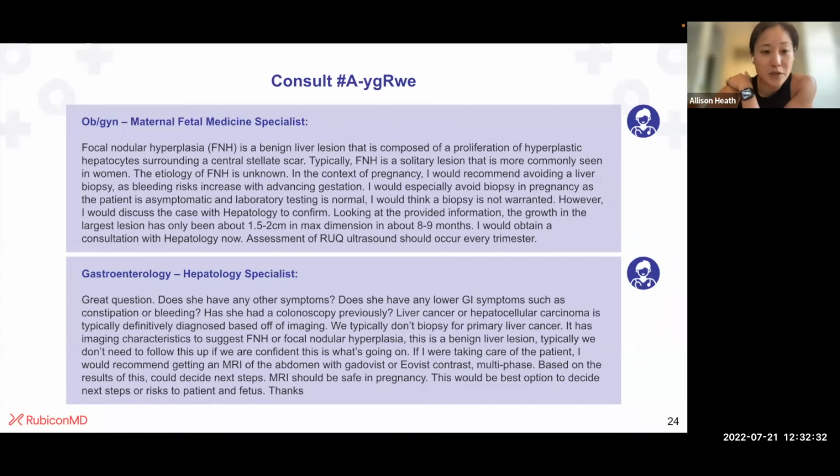And so this specialist here responded essentially saying this FNH finding on her liver imaging is essentially a benign liver lesion, and said that in the context of pregnancy, she would recommend avoiding a liver biopsy because the bleeding risks increase with advancing gestation. And especially because the patient is asymptomatic and her laboratory testing is negative, she would not want to proceed with a biopsy. And then she suggests discussing this case with hepatology, just to confirm. And so the PCP was able to turn around right in the platform and proceed to ask the same question to the hepatologist, which,